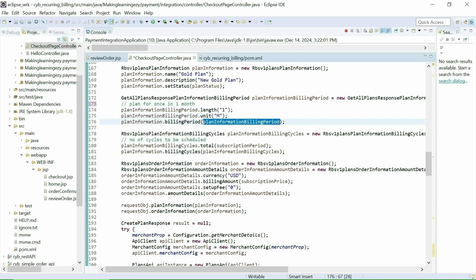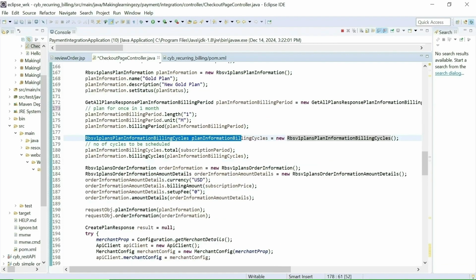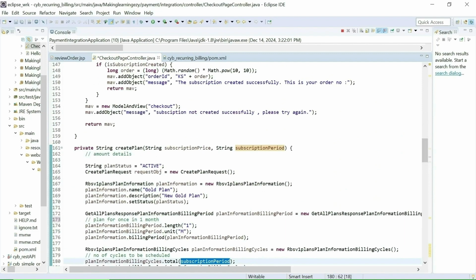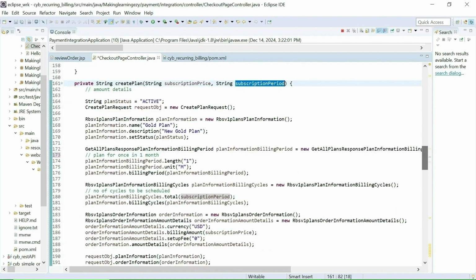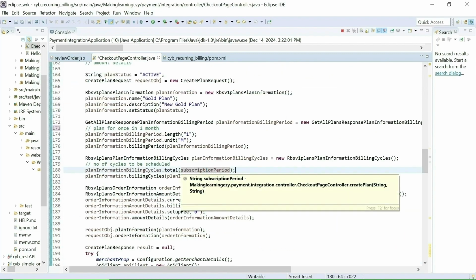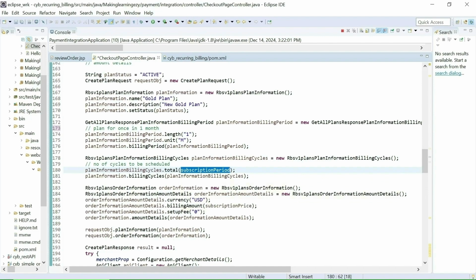Then I am setting the plan information period. Here I have created the object to set the billing cycles. Here I am setting the total cycles. This information I am getting from the argument of the method, which is 12, meaning this plan will be executed 12 times.